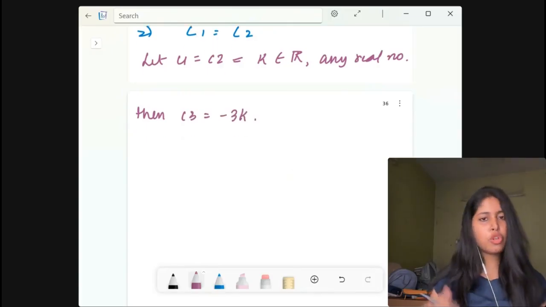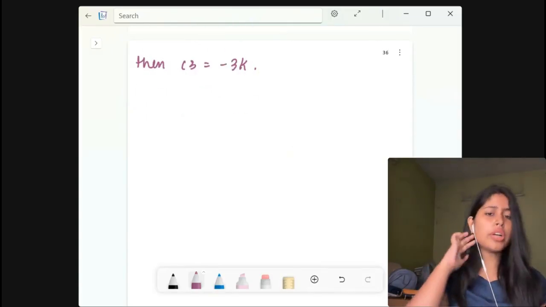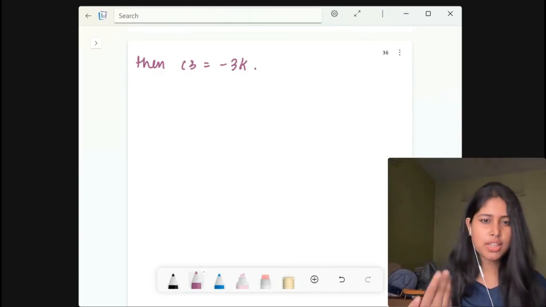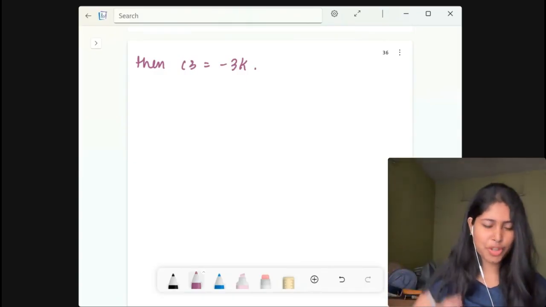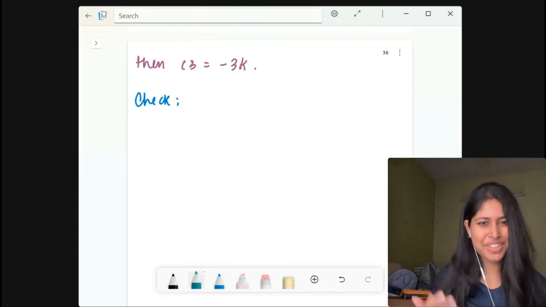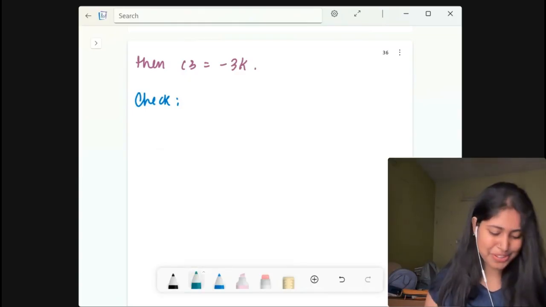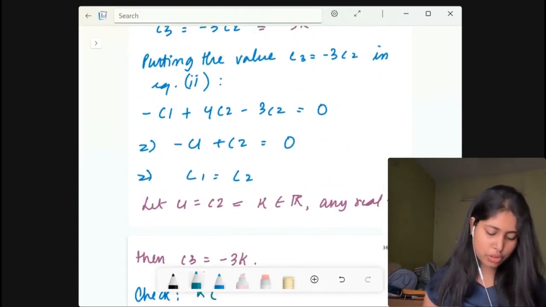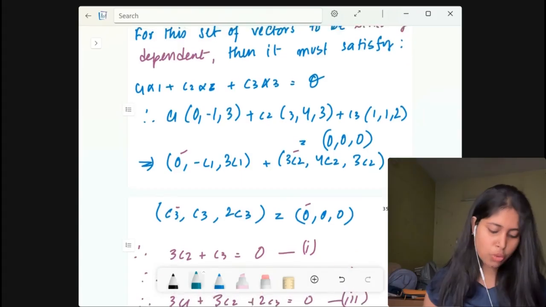Now, if you check it the same way, you do not have to consider K to be 1, just do the calculation. If you do the calculation, you will see it will check. Let me take a different color, giving the honor to the last question. So, yes, check K. The first vector is 0, minus 1, 3.